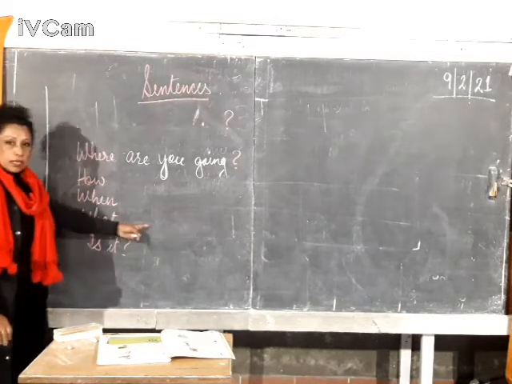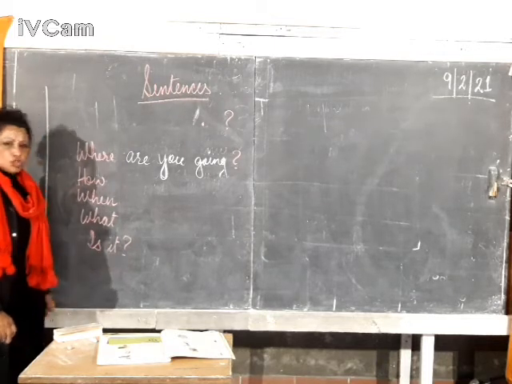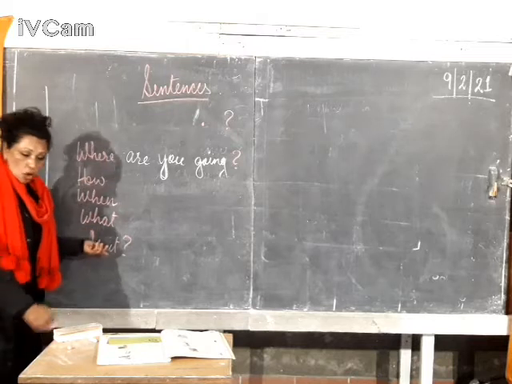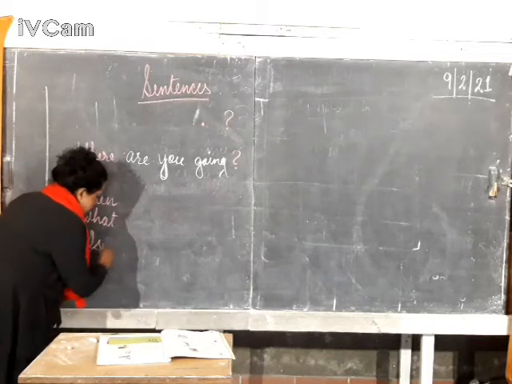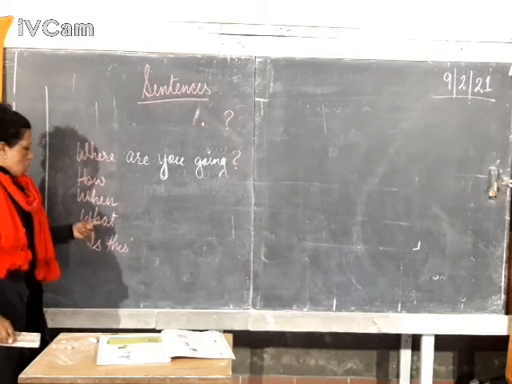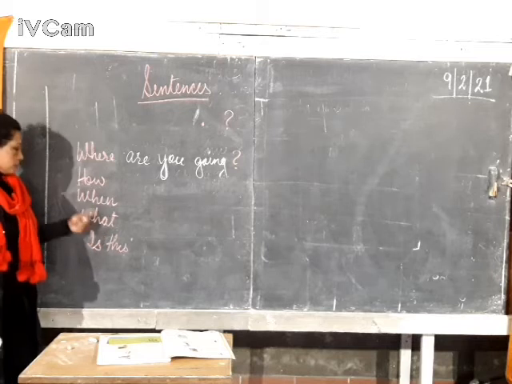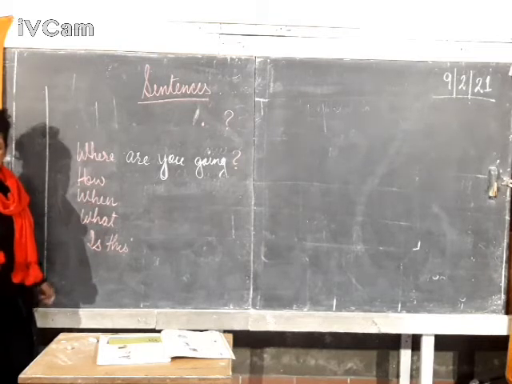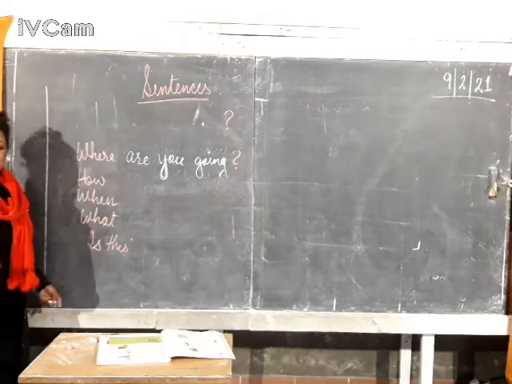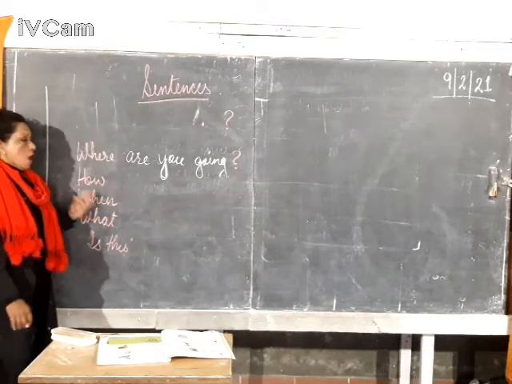What are you doing? Question mark. Is it your dog? Is this your dog? Question mark. What is the name? What are you doing? So question mark. When are you coming to school? When are you going to the market? So question mark. How are you doing? How are you going to